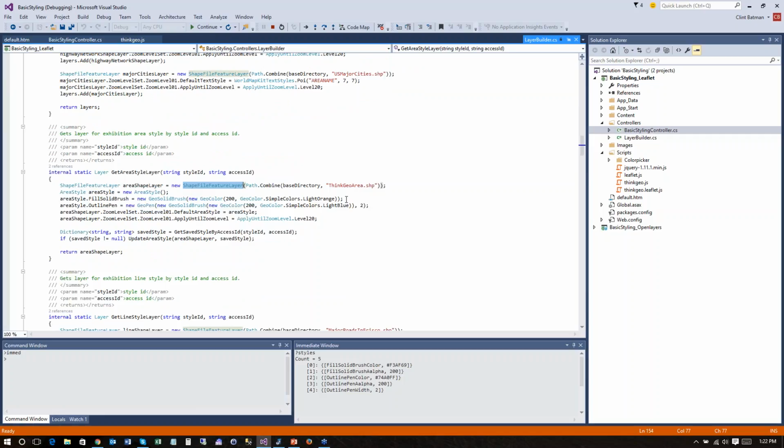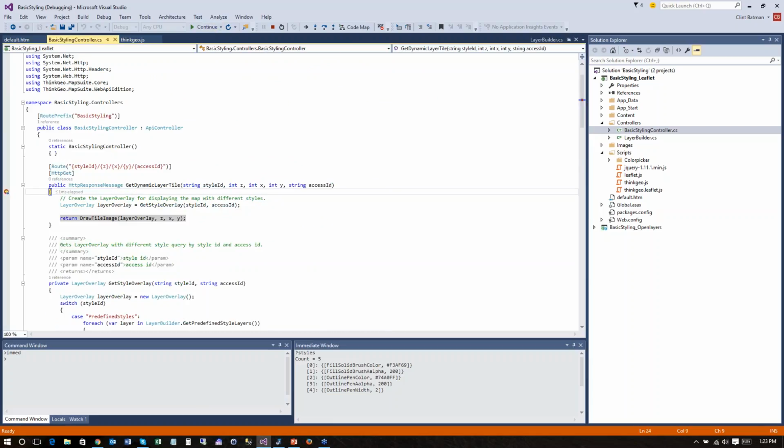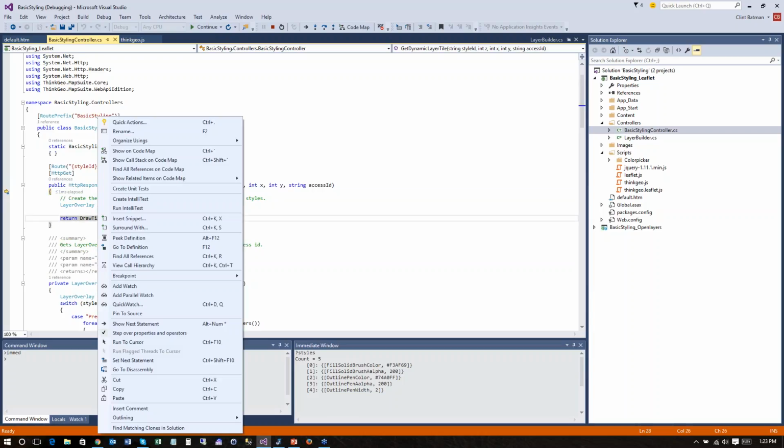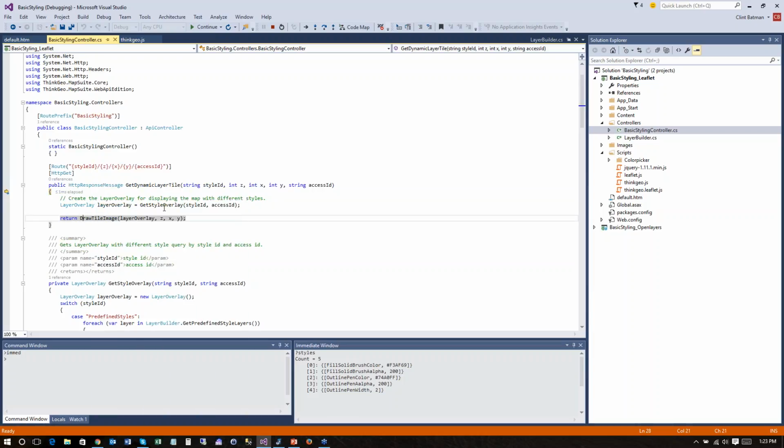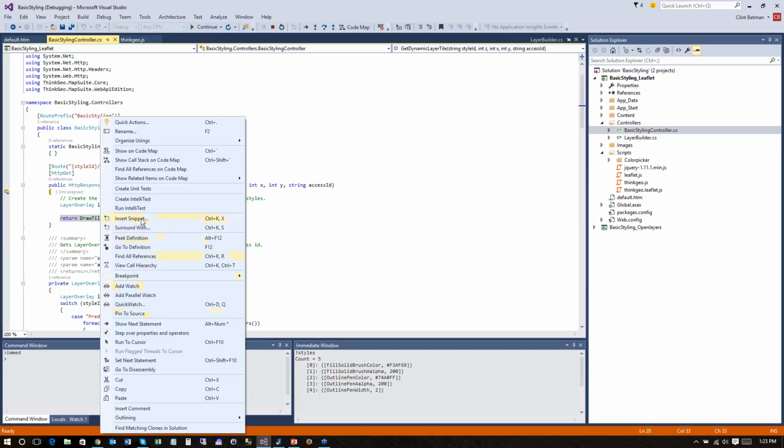If you're an existing Map Suite customer, all this code should look very familiar to you. We load up that shape, give it our styles accordingly, and then we're also checking to see whether this user changed any styles, and if so, we're applying them and returning all that back. Let me go ahead and run this through. The other important part is where we actually draw the tile. We build up our map, or what we want to render in the tiles, in this layer overlay, and then we pass that into the draw tile image. And if we take a look at that code,